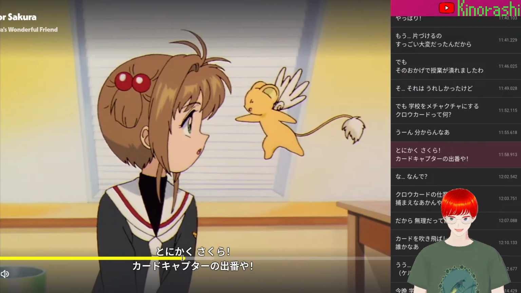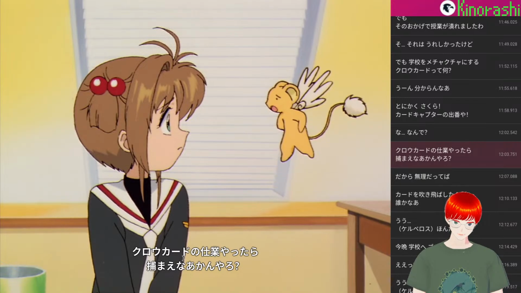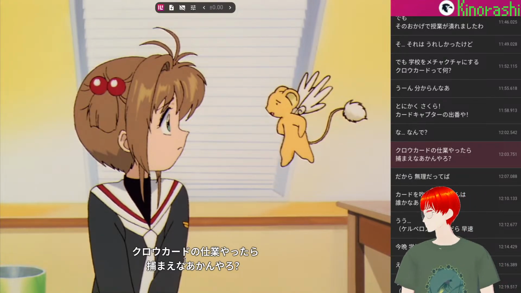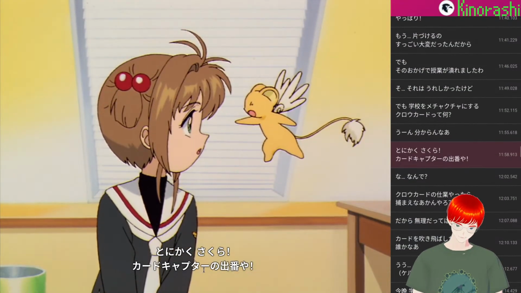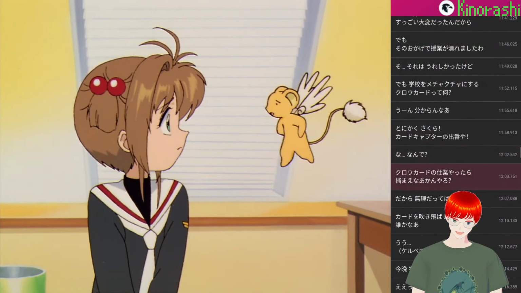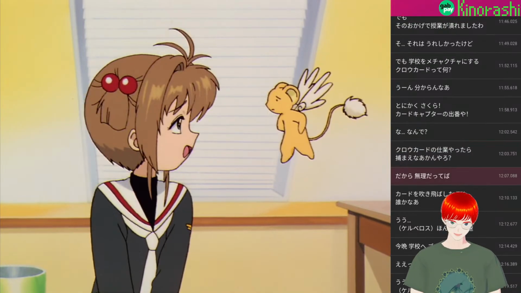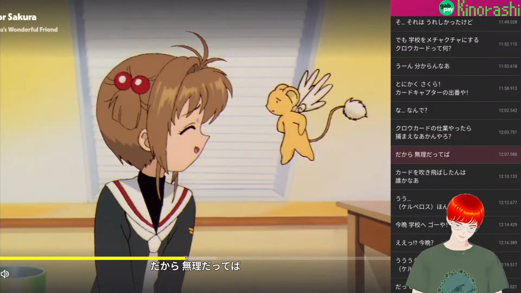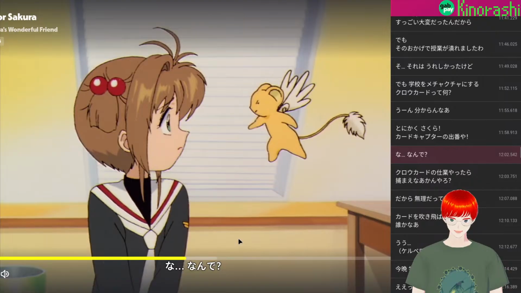カードキャプターの出番や。なんで？クローカードの仕業やったら捕まえなあかんやろ。だから無理だってば。カードキャプターの出番や。なんで？